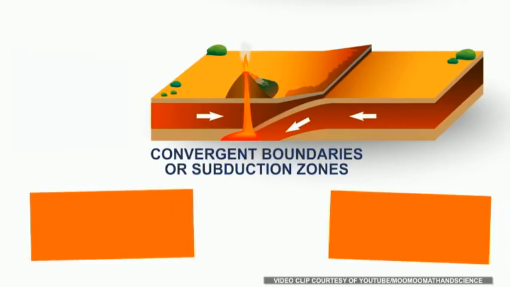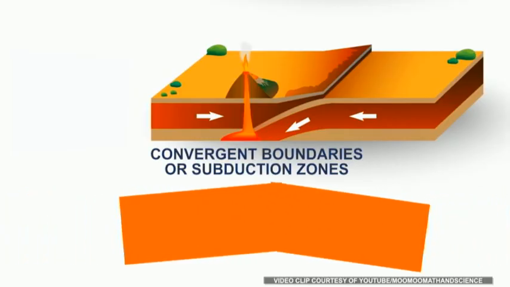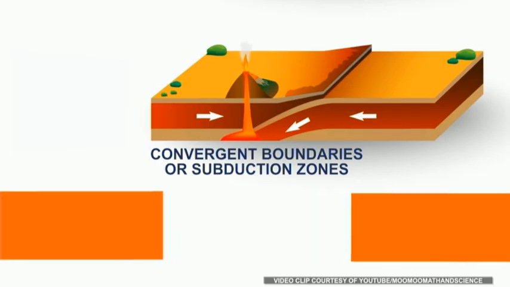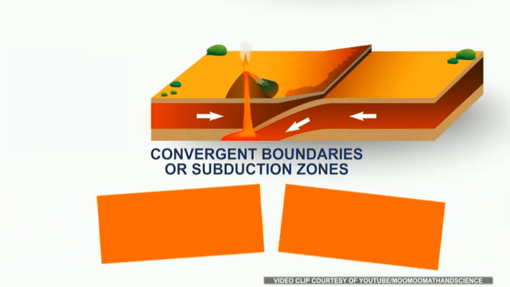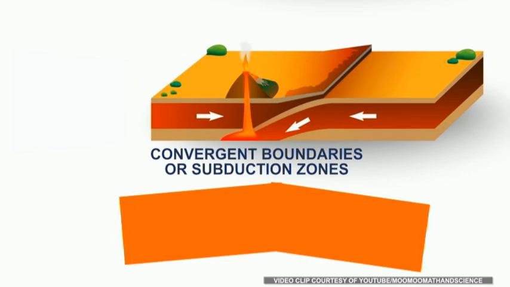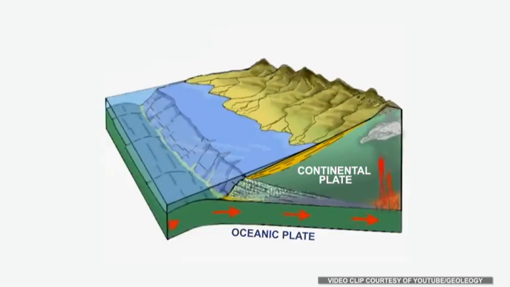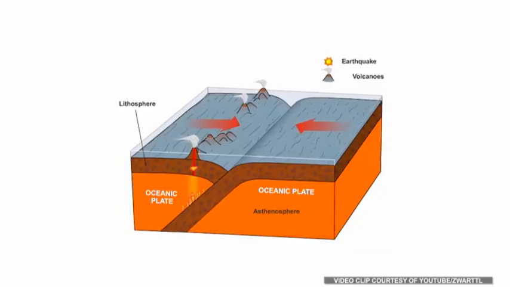Convergent boundaries or subduction zones happen when 2 plates move toward each other. When 2 plates collide, one of 3 things can happen depending on the types of plates that converge. When an oceanic plate collides with a continental plate, the oceanic plate goes down into the mantle and partially melts because of how hot magma is. That magma finds its way between and through the plates, comes out and forms a volcano arc or a chain of volcanoes. When an oceanic plate collides with another oceanic plate, it forms an island arc and a trench.